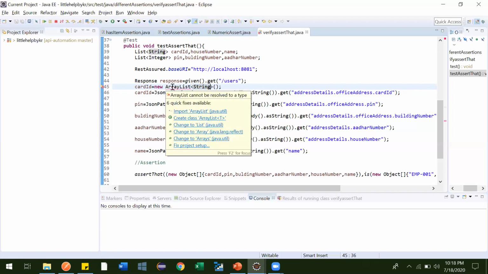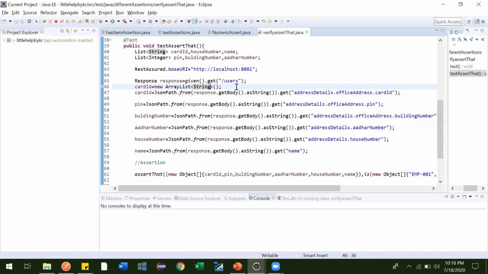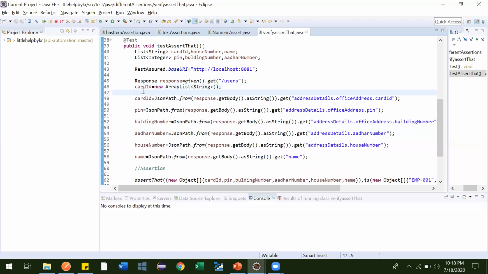Let me import this ArrayList from java.util. So now we created one card ID object as an ArrayList of type String. After hitting this, all the values will get stored in this card ID, that is an ArrayList, meaning multiple values will be stored under this.